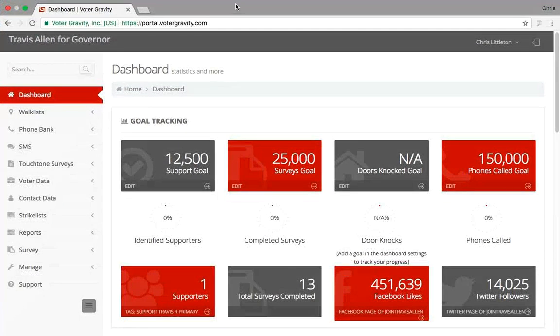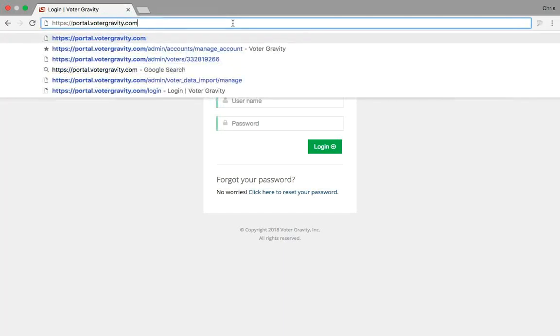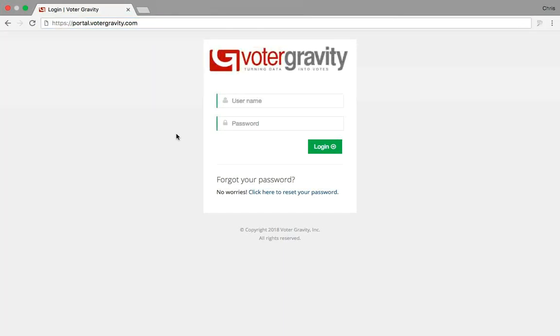What we're going to review is just the basics on how to access the system, and then we're also going to discuss how to make phone calls themselves. So first things first with regards to the basics of accessing the system. Once the campaign has added you to the system, which they will if you sign up to be a volunteer, you will go to